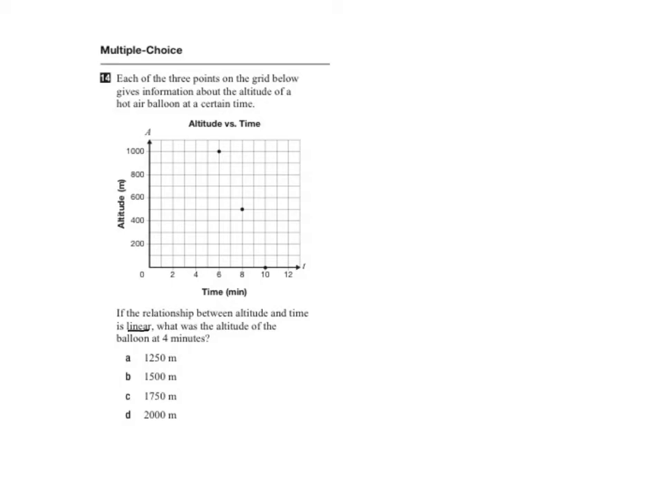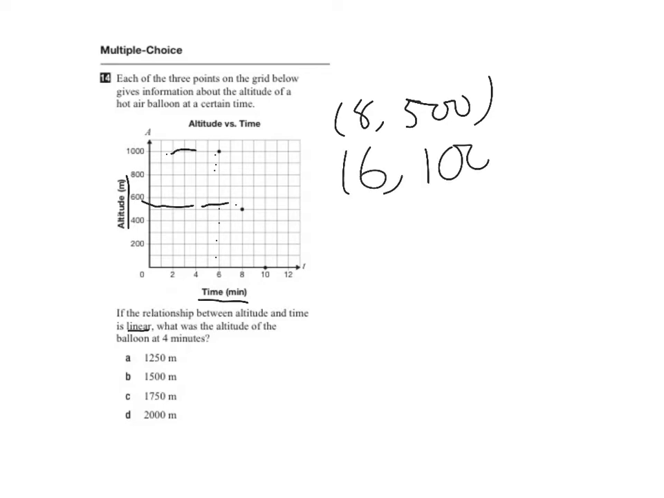You need to understand how to read time and altitude. So it gives us 2 points. At 8 minutes, my altitude is 500. At 6 minutes, my altitude is 1,000. This means in 2 minutes,